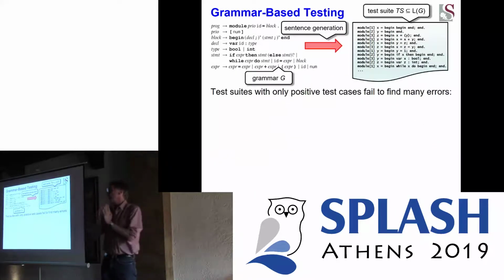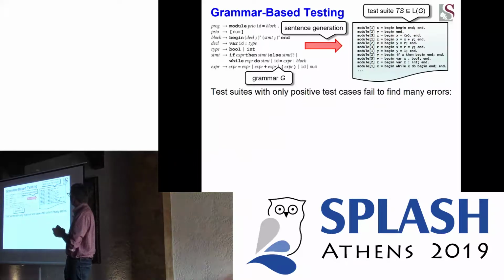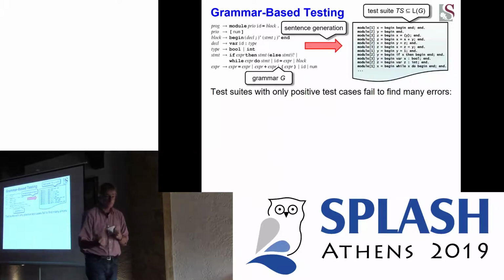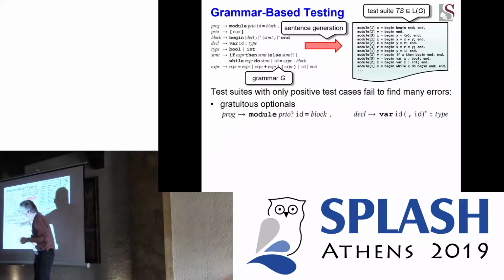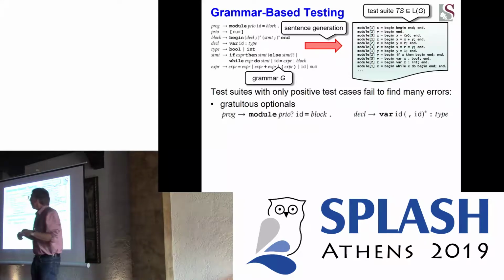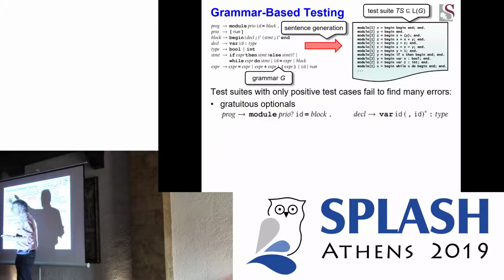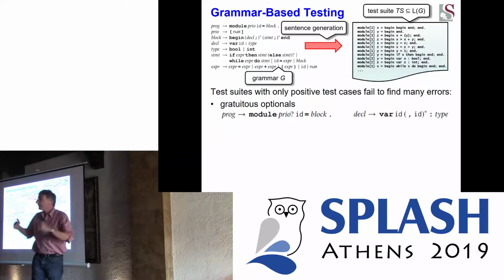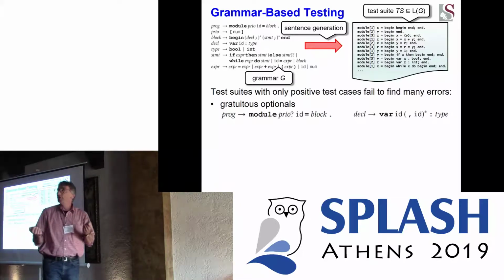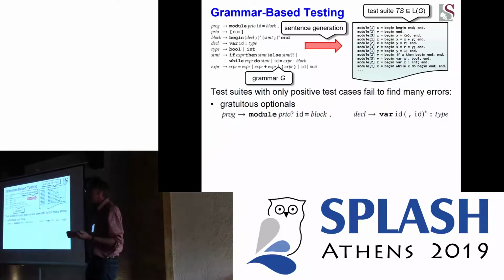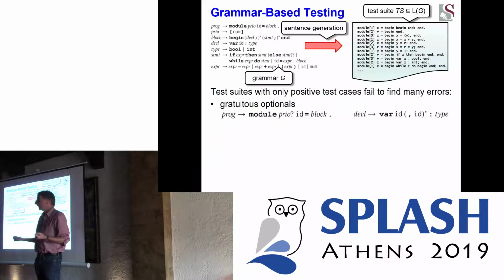There were questions like this earlier in the talk, right? If we only have positive test cases, then we fail to find many kinds of errors. For instance, if we have in the unit under test optional elements that shouldn't be optional, right? If the priority clause is optional, but it should be given. If we generate test cases from that grammar, it will always have the priority clause, and we will never find out that our unit under test also eats up programs that don't have it.